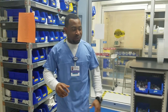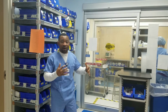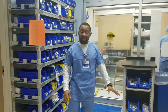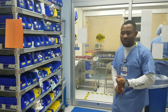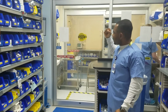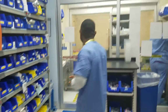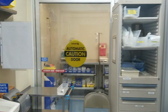Alright, so to wrap up this tour, I can't complete this tour without showing you our IV room, our compounding room, which we call our clean room. This is where we prepare all of our IV medications. There's a lot of sterility that we put into place with all our preparations that we do here, so that's why we have our clean room, which is located all the way in the back there. It has a lot of negative pressures, making sure that all the air coming in is really clean, and this helps with preventing contamination